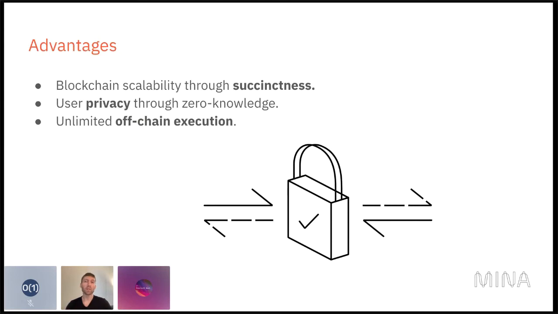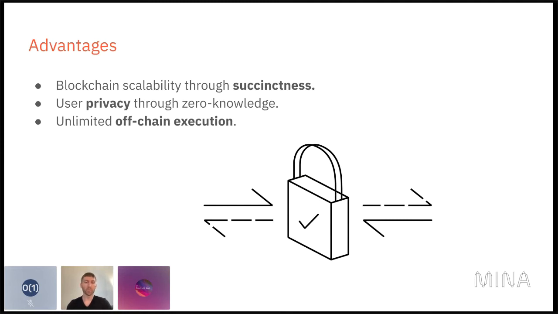We also gain privacy because user inputs never have to leave the browser. And users can also attest to facts about their data rather than the data itself. We'll give an example on the next slide. And then we also gain the ability to have unlimited off-chain execution. The advantage of this too is that whereas other blockchains have a gas fee-based model, where transactions cost more as they need more compute, Mina zkApps don't require that, and they can have a flat and a more predictable